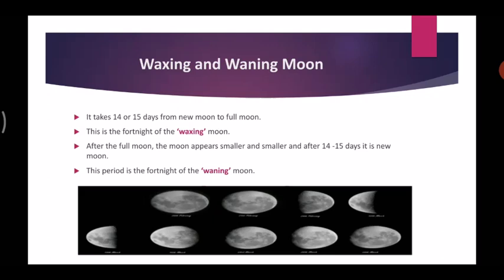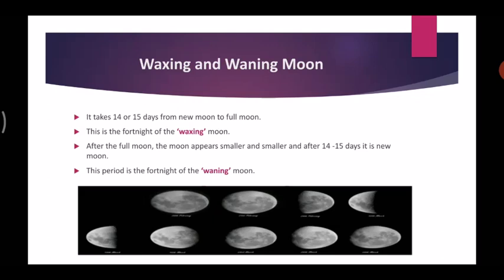Next, we are going to learn about the waxing and waning moon. It takes 14 or 15 days from new moon to full moon. This is the fortnight of the waxing moon. What do you mean by fortnight? Fortnight means 2 weeks or 14 days. So, for the moon, it takes 14 to 15 days from new moon to full moon. When it changes its shape from new moon to full moon, that period of 14 to 15 days is called the waxing moon. Whereas from